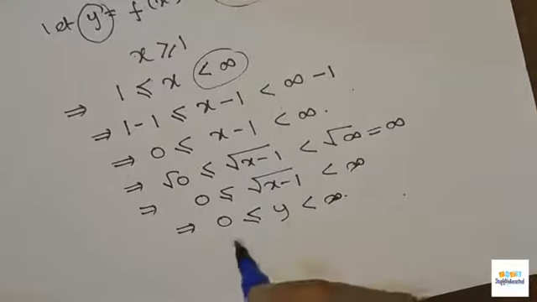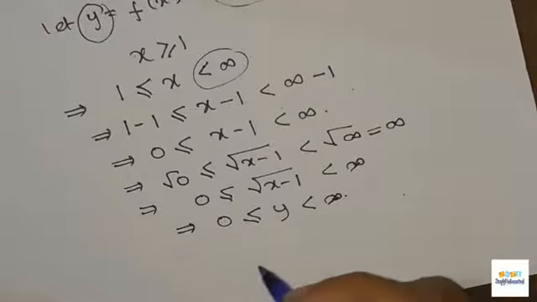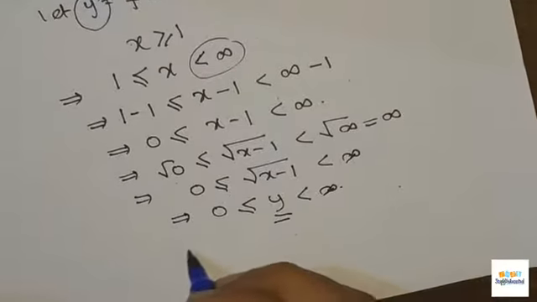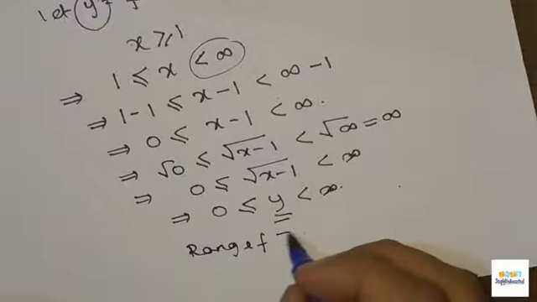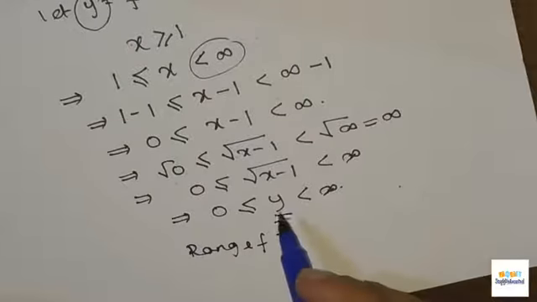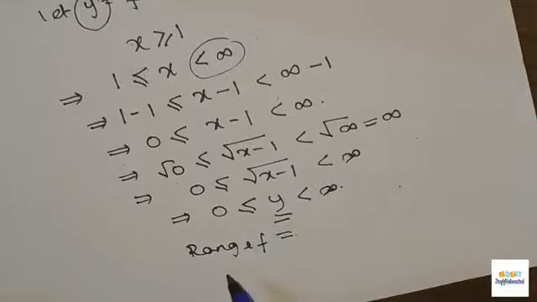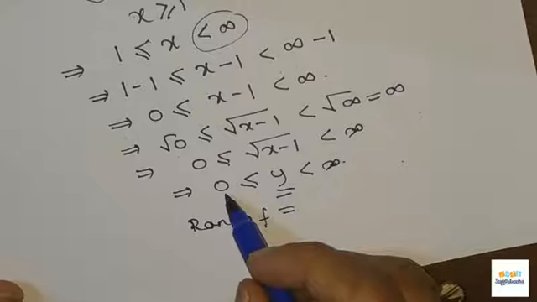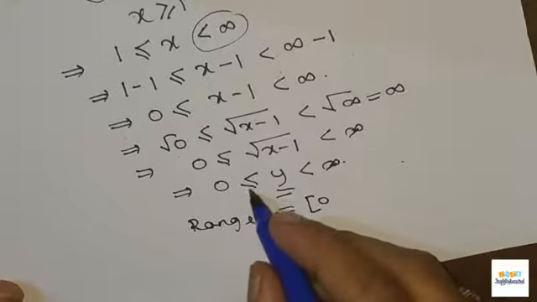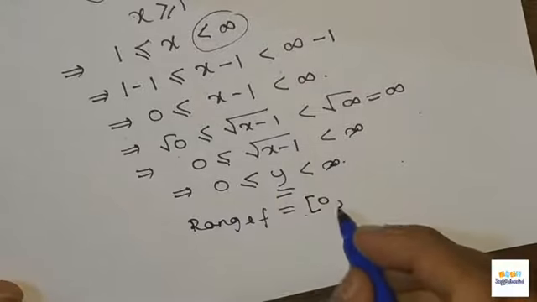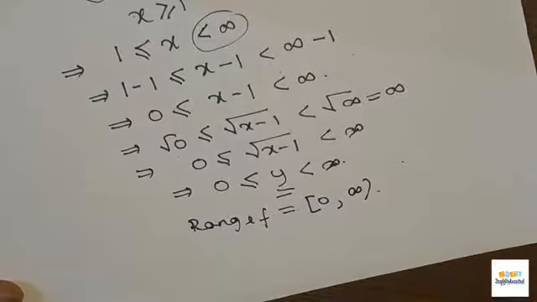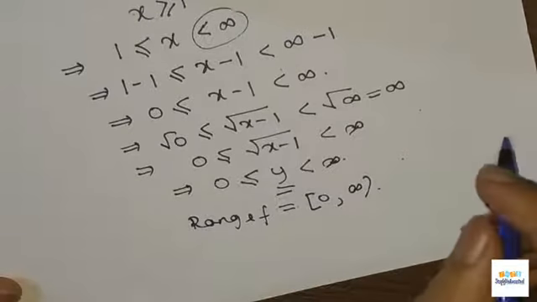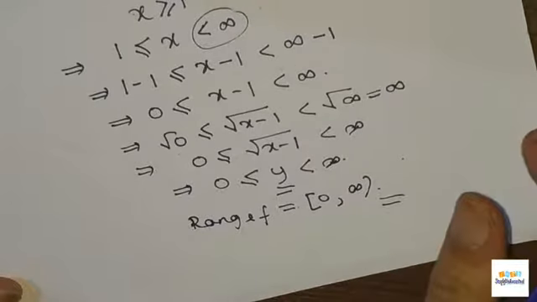Now I have already told you that y are nothing but the values in the range of the function f(x). So the range of the function f will be where the values y lie, or the set in which the values y lie. So what is the set? It is the set 0 closed, because 0 is less than or equal to, comma infinity open. So range of f will be equal to closed 0 comma infinity open. So that was problem number 4.